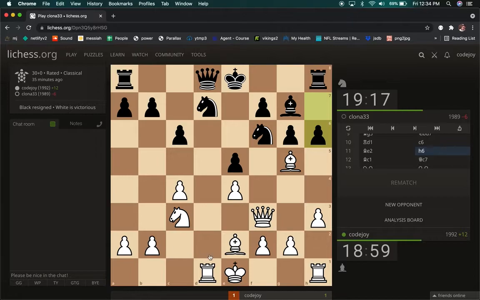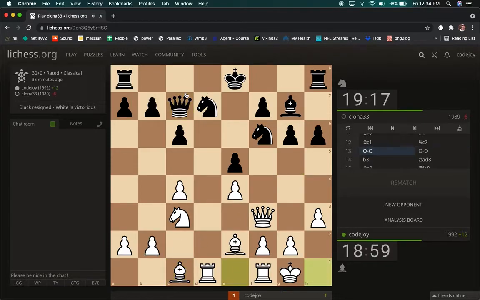So anyway, I bring the bishop all the way back. I could have brought it to here, preventing the queen from attacking that. Now I see the point of that move. But he goes here, then I castle, he castles, and then I play this move because I'm thinking